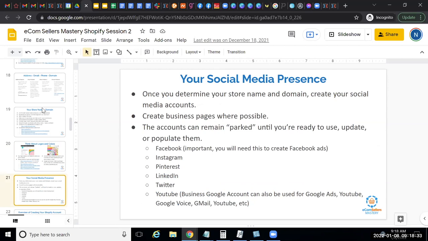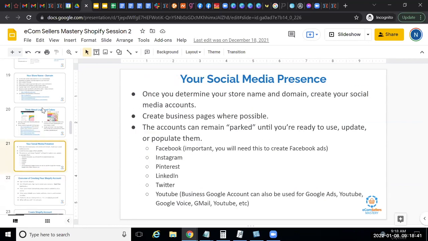Hopefully you've done all of these exercises. If you have not, I encourage you to get that done. I also encourage you to grab all of the social media assets, or social media real estate. What's different now than more than a few years ago is that social media real estate has become a really big deal. If you have two or three domain ideas, you've narrowed it down to two or three,